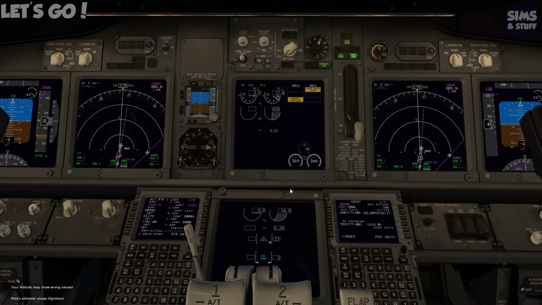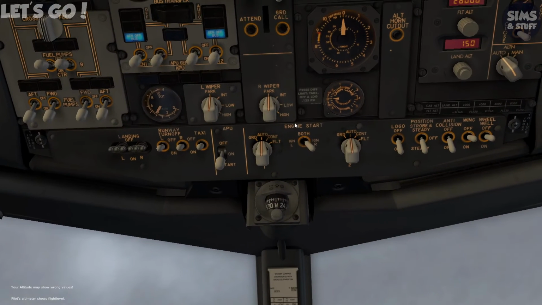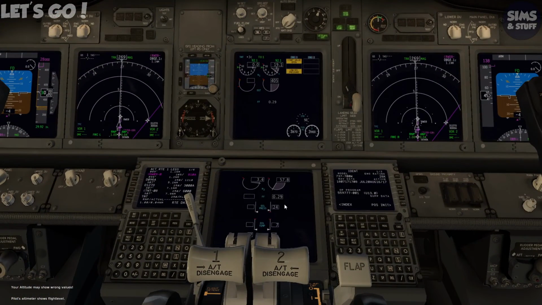Okay. So engine 2, once start valve open closes, there we go. We can put that onto continuous, and then we'll do the same with engine 1. And again, waiting for this to